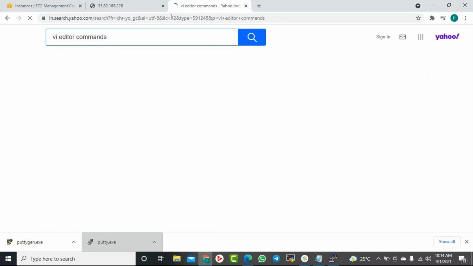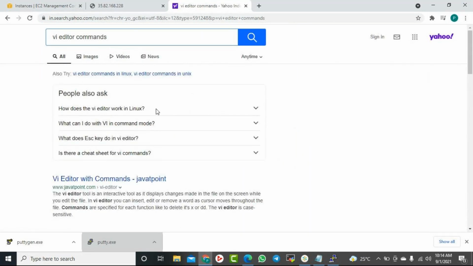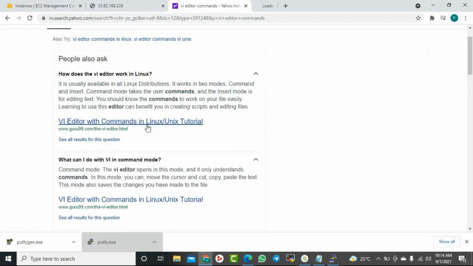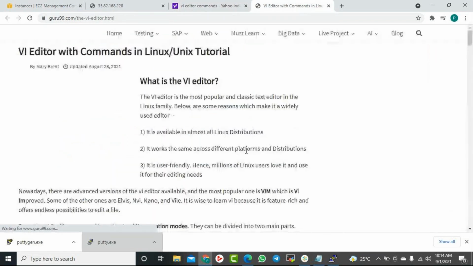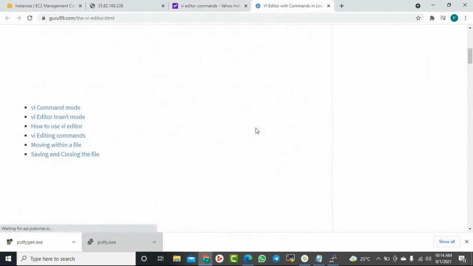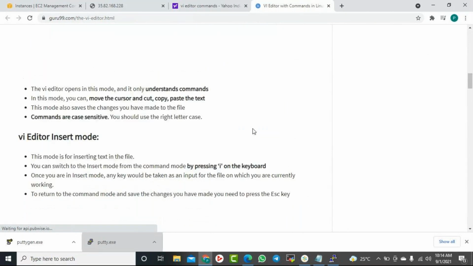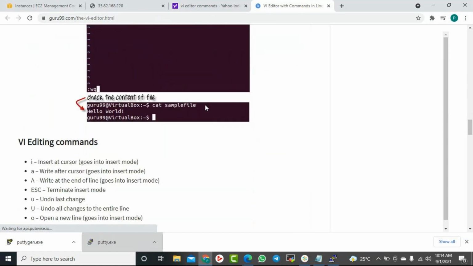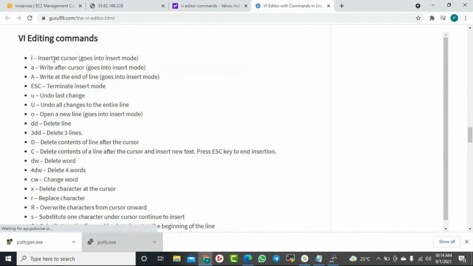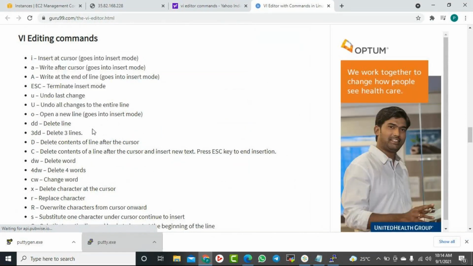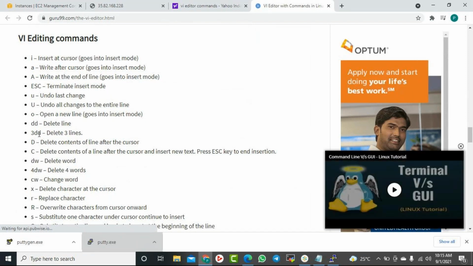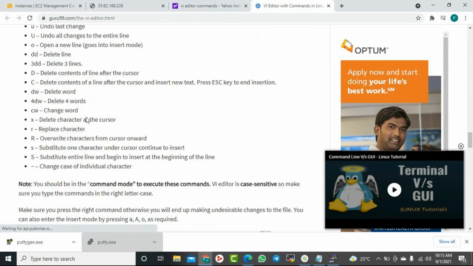Even till now I haven't known all these things. I can't remember all these things, but you can definitely go through and use the most useful commands for you. So if I go, what is vi editor, here there are a lot of switches. So you can follow these things. Suppose you need to delete a line, so you will say escape DD. It will delete your line, and 3DD means delete three lines. There are so many options you can go through. It will be useful.